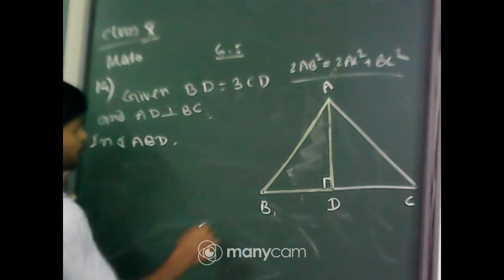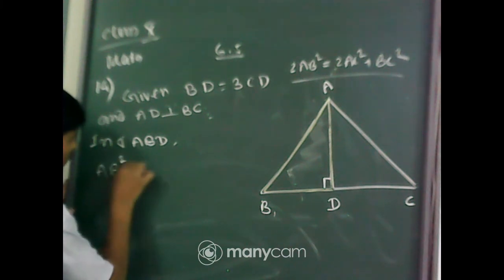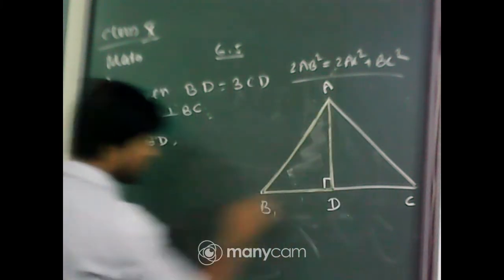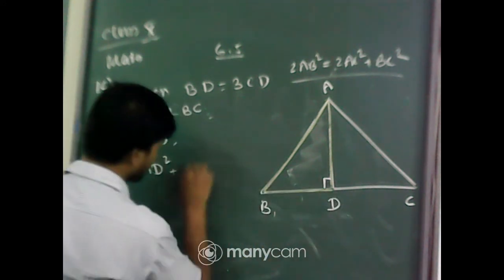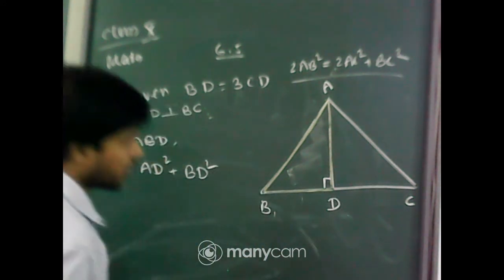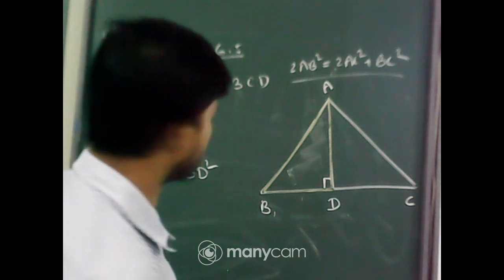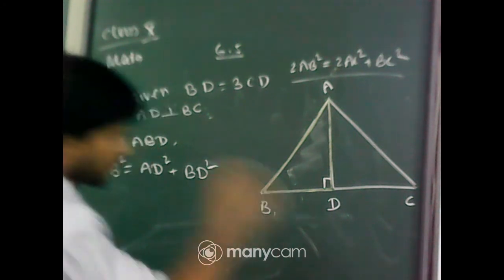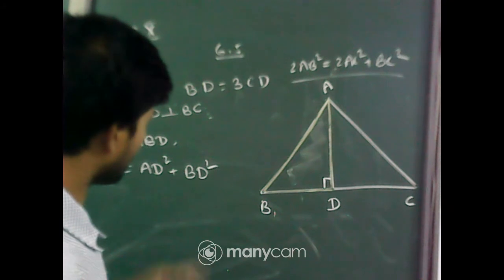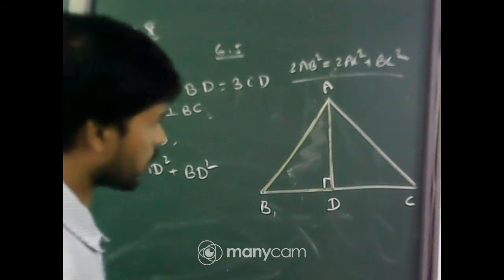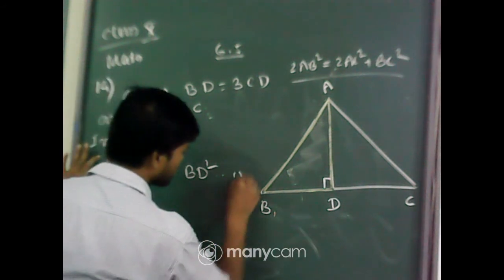Okay, so hypotenuse square means AB square will be equal to perpendicular means AD square plus base means BD square. Srijan Srivastava had written AB square equal to AD square plus BD square. Very good, they are also correct. BD square plus AD square is equal to AB square. Very good, Ornella is also correct. Okay, so this is our equation number 1.